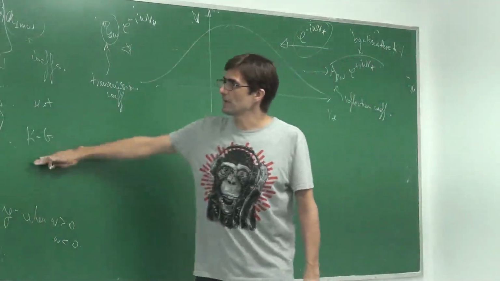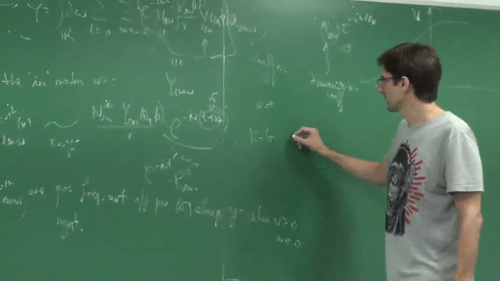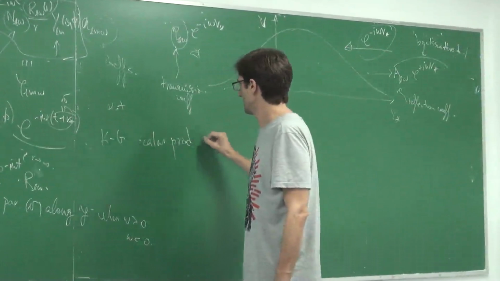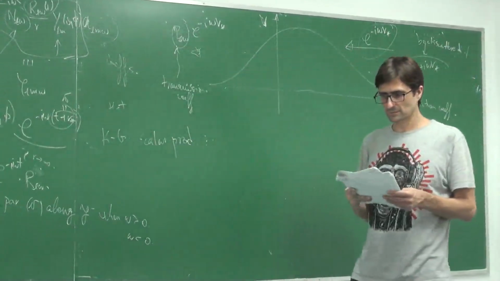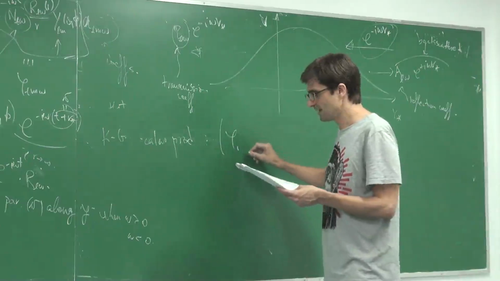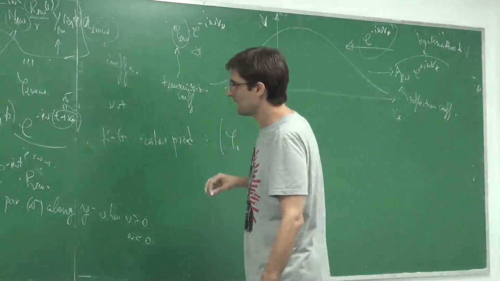Okay, so now we want to normalize them. So the Klein-Gordon scalar product. So remember the expression that I gave. So in this case we want phi, so lambda, capital lambda